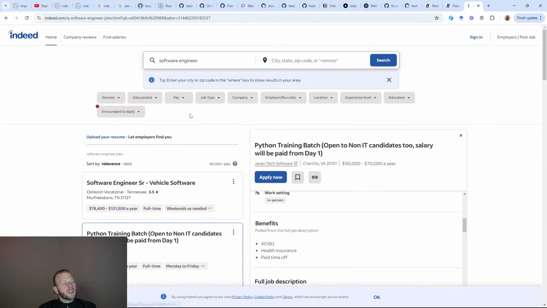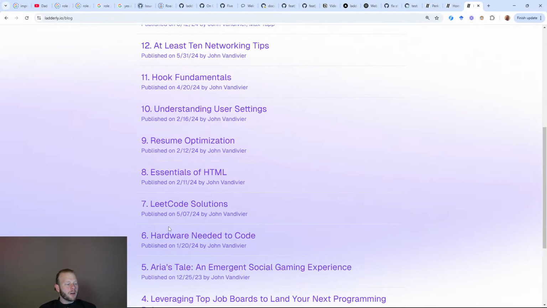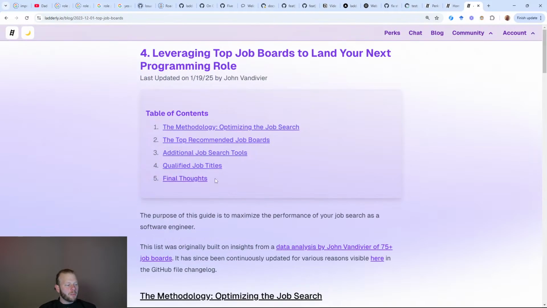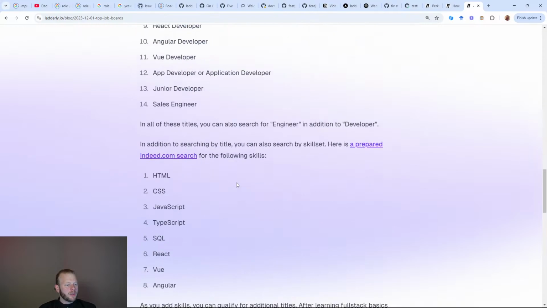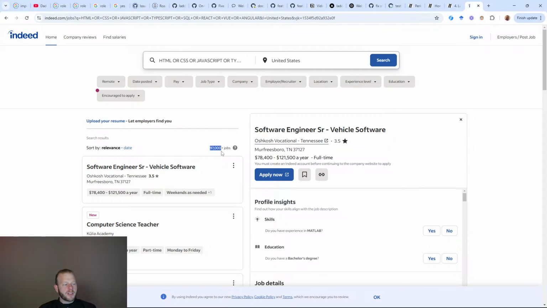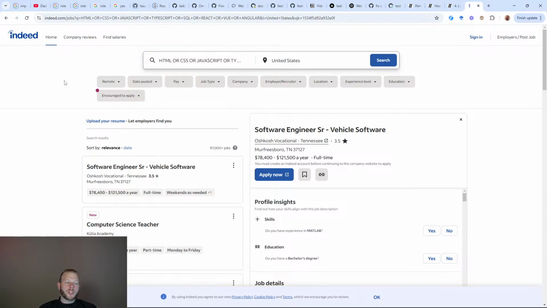Latterly has a prepared query for you. So if you go to the Latterly blog, if you go to Article 4, the top job boards, there is a prepared query here. And you can see 97K jobs, which is larger than the 50K we saw for software engineers overall. So what that means is that these skills collectively are in higher demand than software engineer generically. Does that make sense? So you can see there's relative demand for these skills, and this is full stack web development, basically.